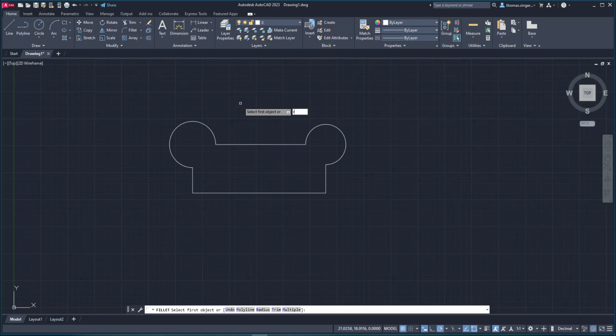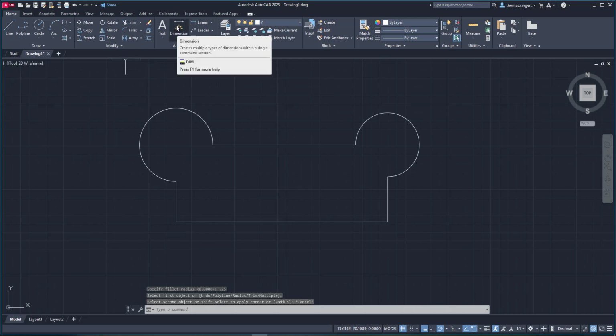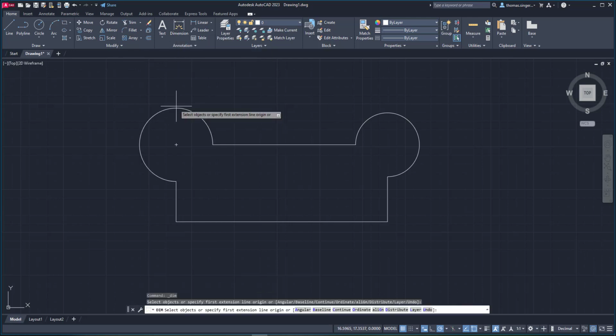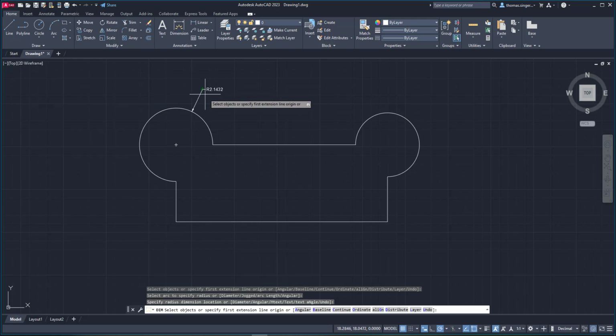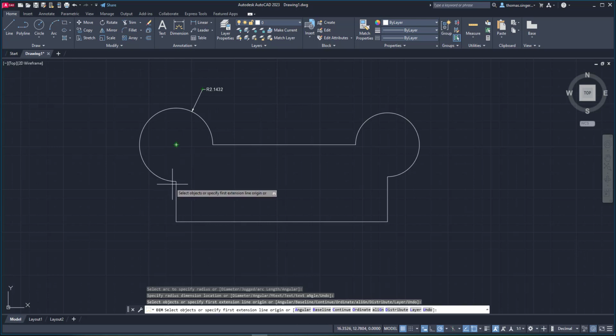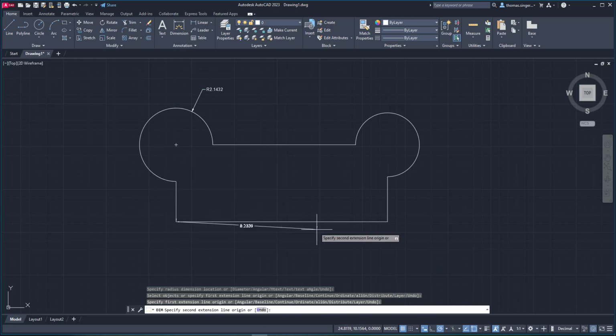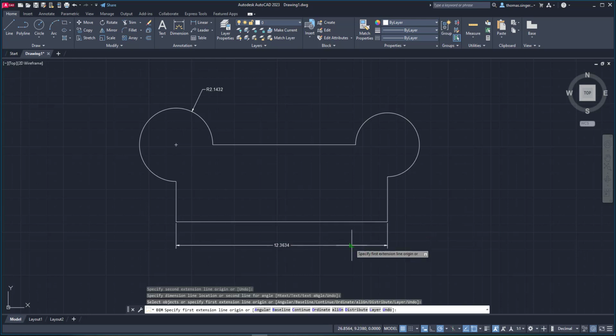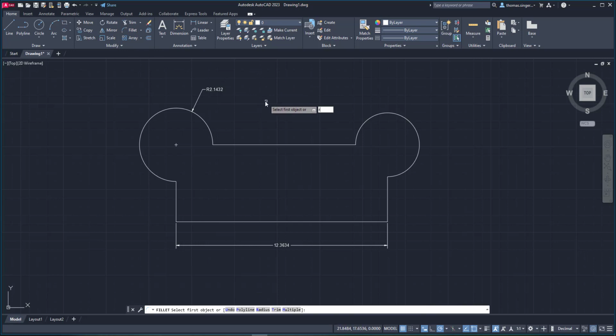Remember to type the letter R first for radius, and we'll do a 0.25 radius. It'll be pretty small, but it should work. Oh, it's going to be very small. This is a very big drawing. How big is the drawing? Well, to give you an idea, that's got a radius of 2.14. We have an overall distance from side to side here of about 12, and so a fillet, type the letter R, we'll do a 1-inch fillet on these here,